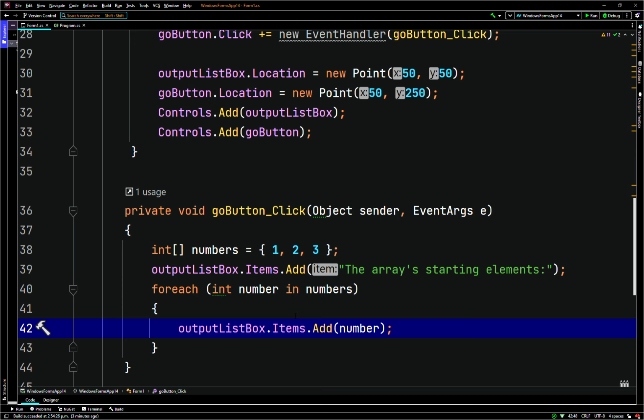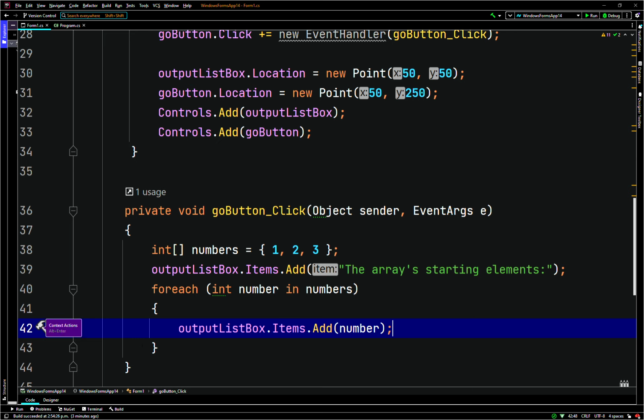So it'll take items, it'll add that to the items in the list box, then it'll go to the bottom of the loop, back up, check the condition. It'll say for each int number in numbers. In this case, number is going to iterate to the next index, so it's going to add 1, and now number is going to point to the value 2. Then it's going to go back down to the block. Then it's going to say, okay, I'm going to reference the listbox.itemsProperty.add method and add the value, which is